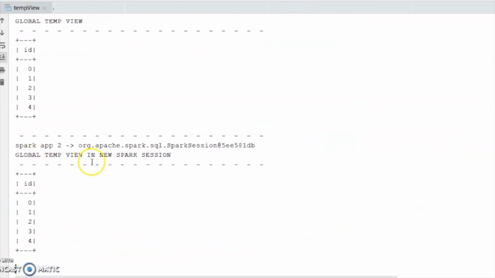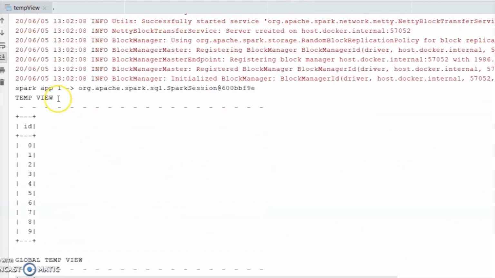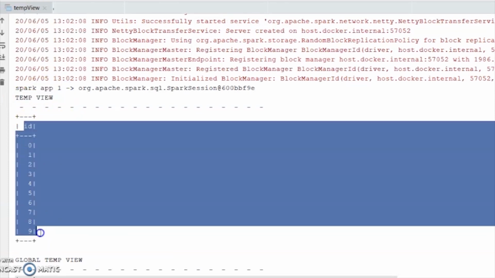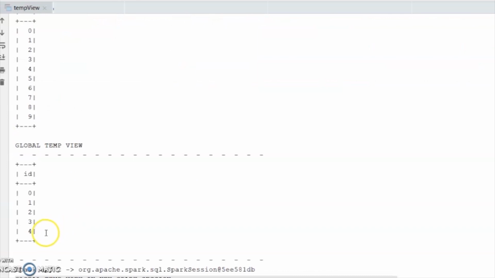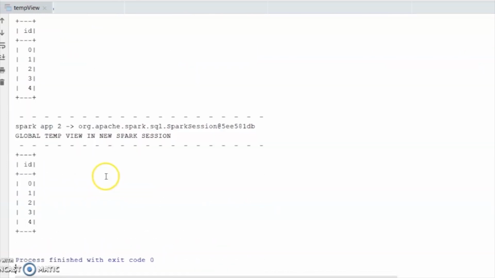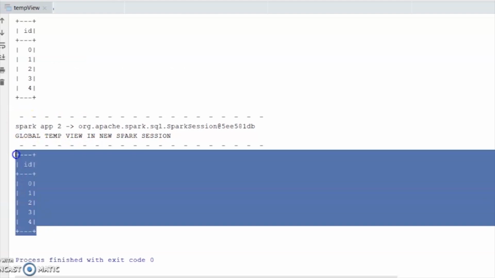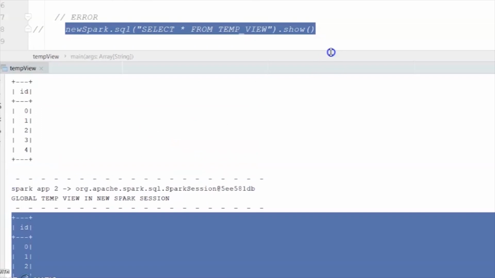If you see here, we are creating a Spark session 1 and a temporary view with 10 records and a global temporary view with 5 records, which I am trying to access from Spark session 2, and we succeed in reading the global temporary view which we created using Spark session 1.